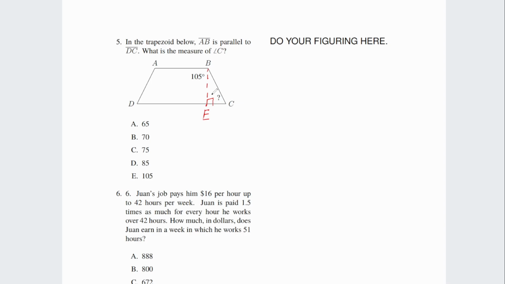If we imagine a new triangle here, we know that this angle, CBE, is going to be the difference between ABE and ABC. ABE is going to be 90 degrees because I made it that way. So this is going to be 15 degrees. Angle EBC is going to be 15 degrees. And this is 90 degrees, right? BEC is 90 degrees. So it's going to be 105 degrees